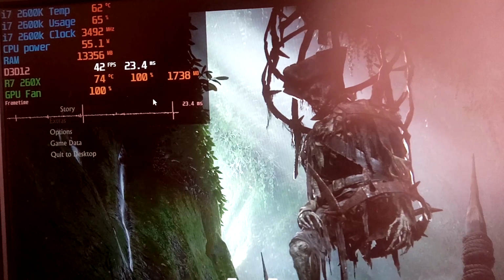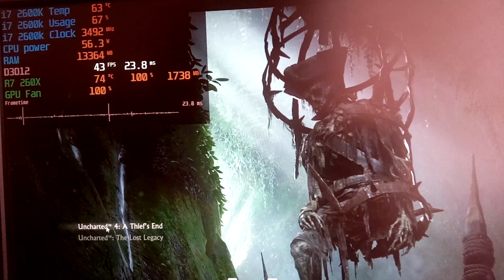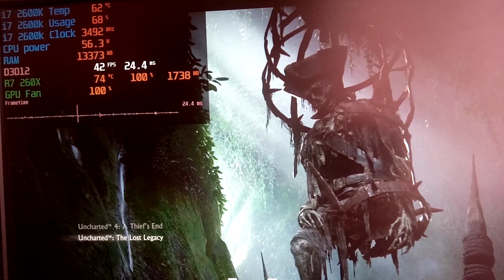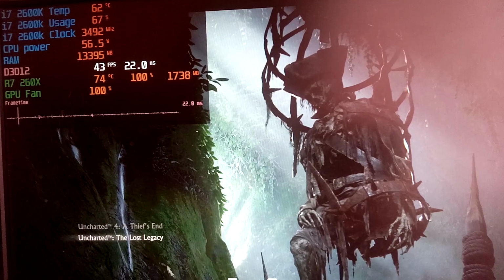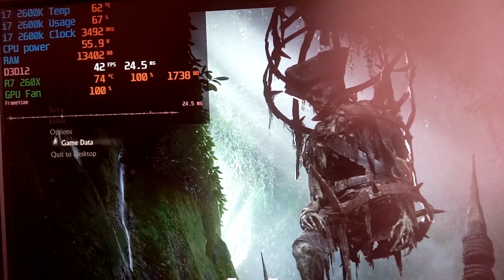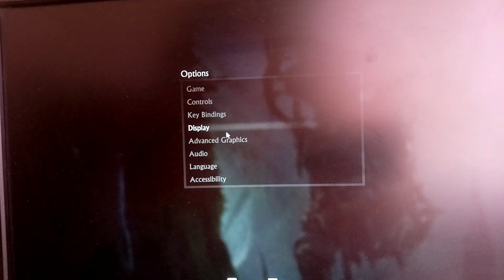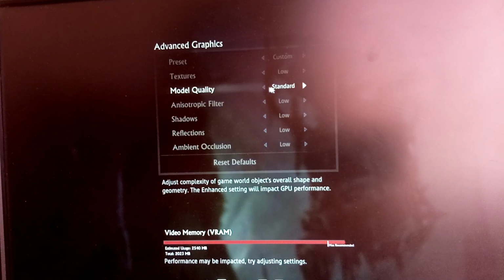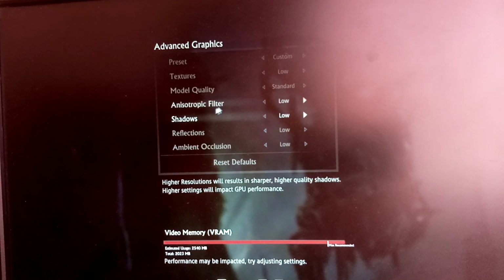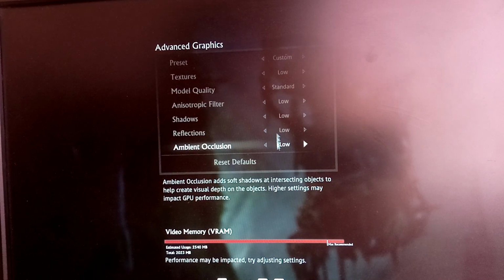We are now going to test Uncharted 4: A Thief's End. It's compiling shaders, and it has been for almost an hour. It's 95% now. Let's just check the settings first. Now, advanced graphics, we're going to go low with model quality standard, anisotropic filtering low, shadows low, reflections low, ambient occlusion low. And display,